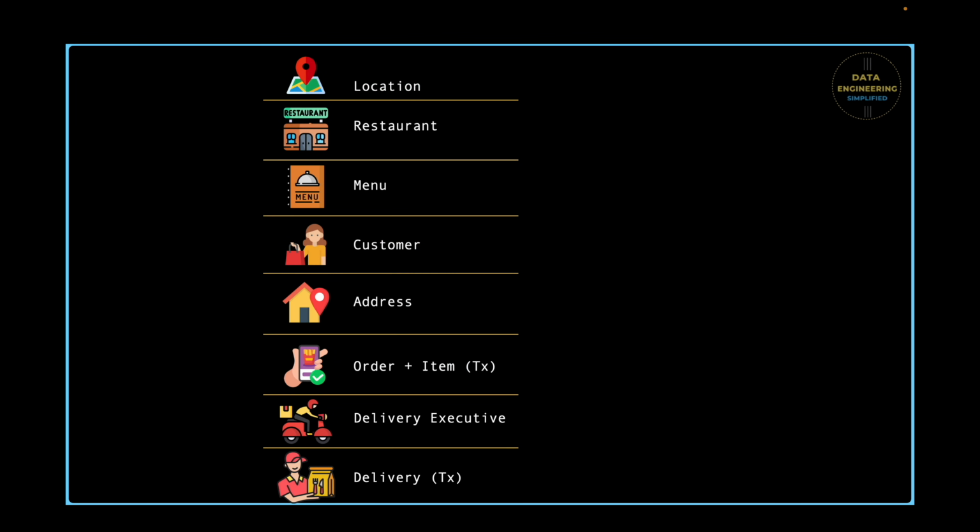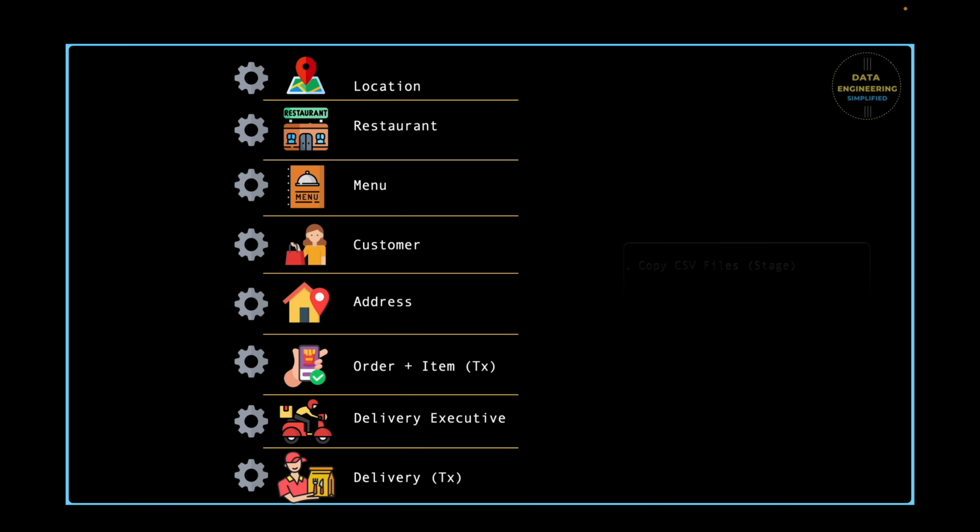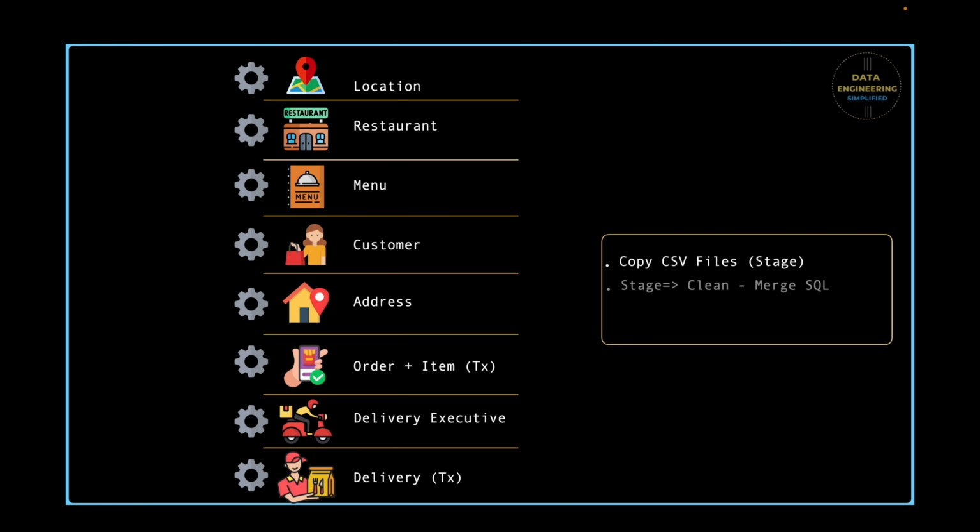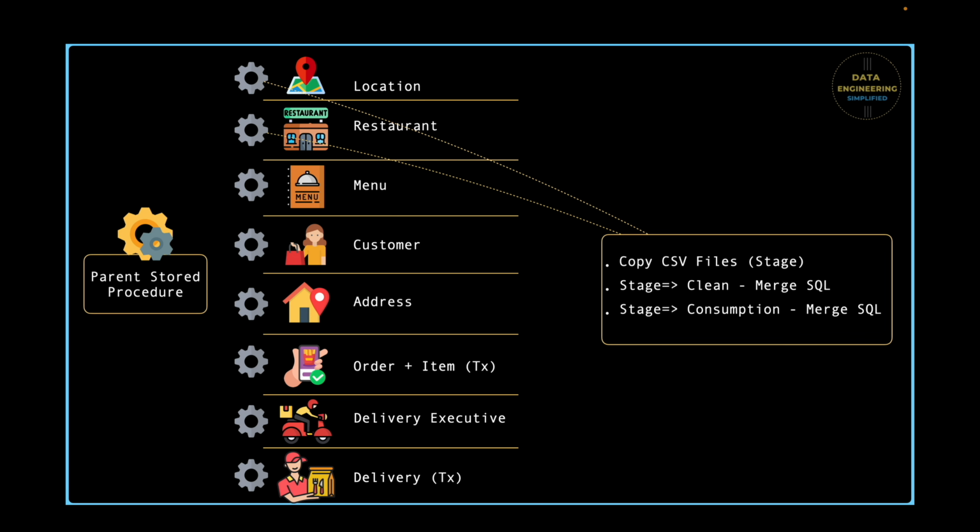In this approach, each dataset like customer, menu, delivery, and so on will be wrapped inside a stored procedure using Snowflake SQL script. So if we have around 9 to 10 entities, each of these stored procedures will run the copy command, then run the merge statement to push the data from stage to consumption layer. Now, this individual stored procedure will be called by another parent stored procedure, and this parent stored procedure will be invoked using a task,